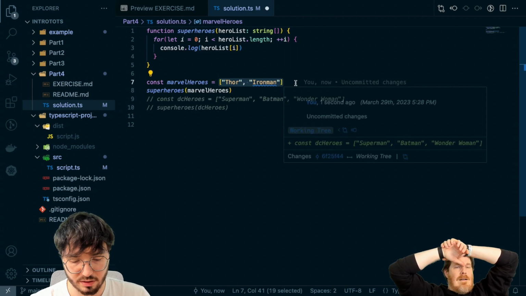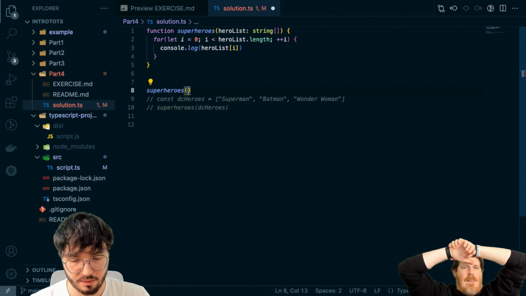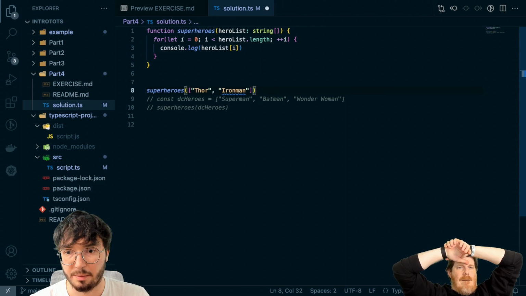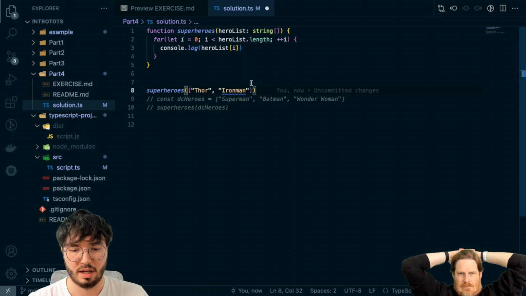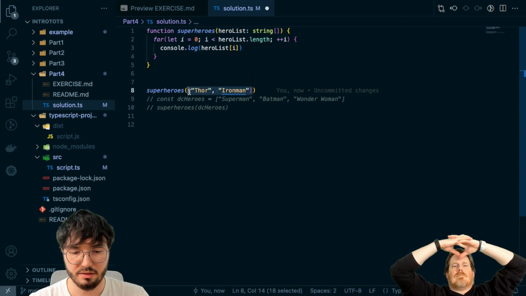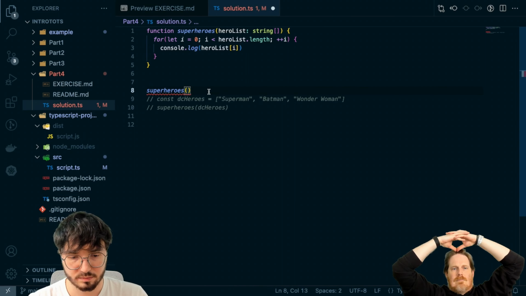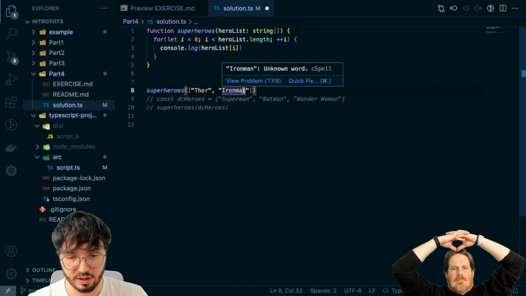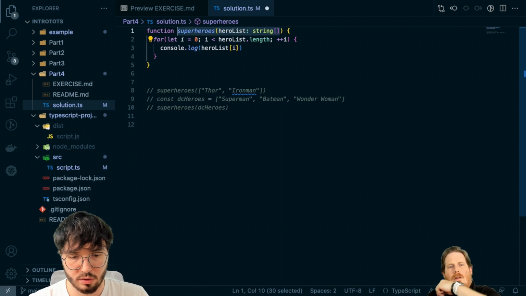Basically, I could remove this and put this in here. This is the same, right? Yeah. That makes sense to you. And instead of doing this, I could also do